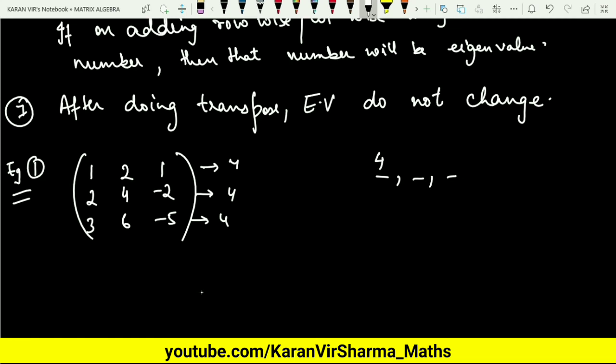The second thing you can observe is that the second column is a scalar multiple of the first column. This implies that this is a singular matrix, and in case of a singular matrix, at least one eigenvalue will be 0. Now we are left to calculate the third eigenvalue, which you can calculate by the formula: the sum of eigenvalues is the trace. So 4 plus 0 plus lambda 3 equals the trace. What is the trace? You can just see this is 0. So the third eigenvalue will be minus 4. See, using these tricks we have really saved our time in solving the question for eigenvalues.